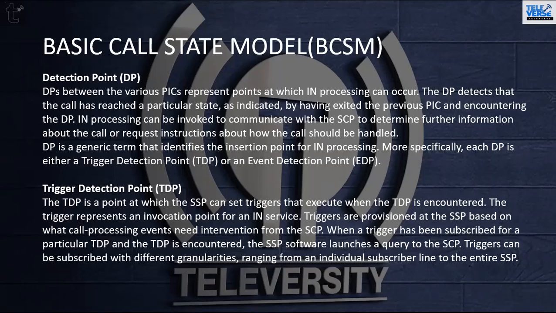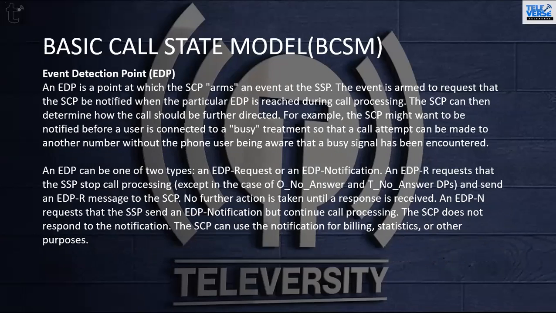Okay, so the MSC has enough information about whoever is trying to access a particular service, so that after gathering that information and exiting the point in call, it will now trigger the call to the IN. That is an example of a trigger detection. Okay, good. And then event detection. An event detection point is a point at which the SCP arms an event at the SSP. So what does this mean? Once the TDP, the trigger detection, is sent to the IN,